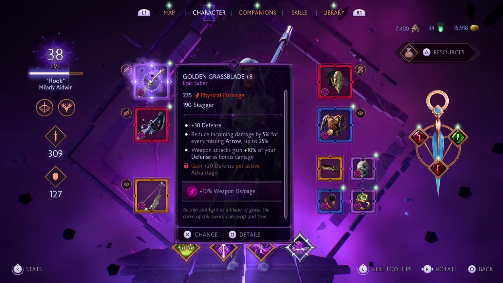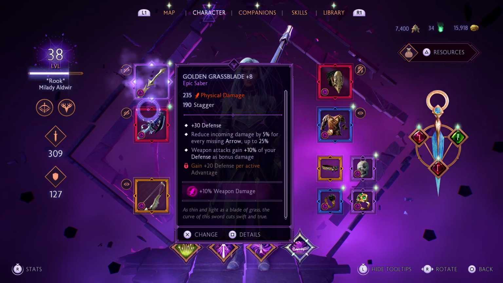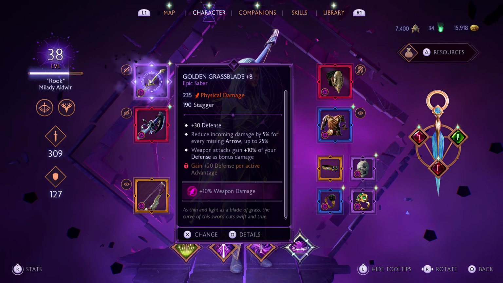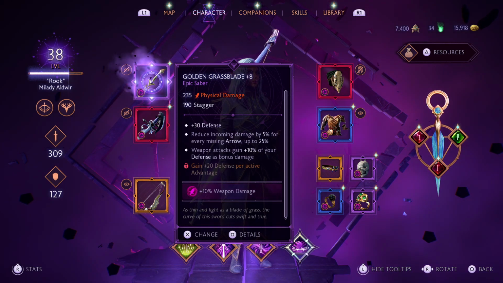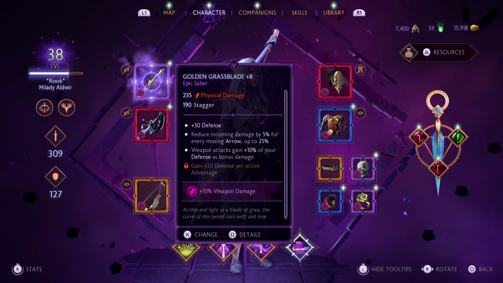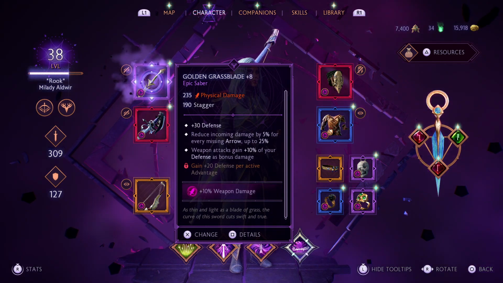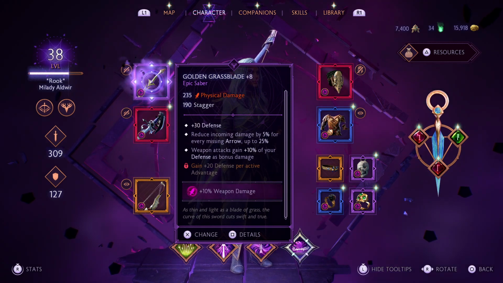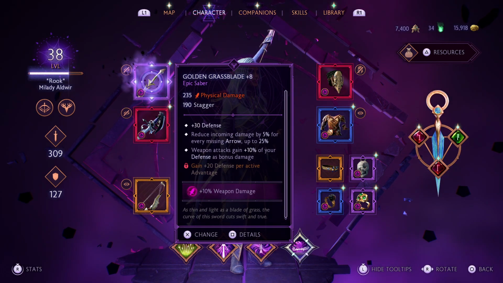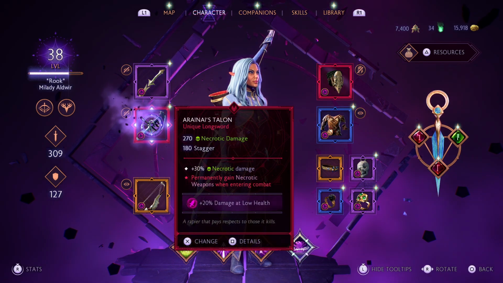Then weapons. Weapons are not very important. Just pick the best weapon you have in case you need to fight enemies. But this one is a really nice one because it gives you bonuses that are applied even when you're not using weapons, like 30 defense, reduced damage based on your arrows, and weapon attacks gain 10% of your defense as bonus damage, so it's pretty nice stuff too. But what I want to have is gaining 20 defense per active advantage. It's insane stuff for us, because advantage is basically buffs on yourself, and we will have a lot of buffs